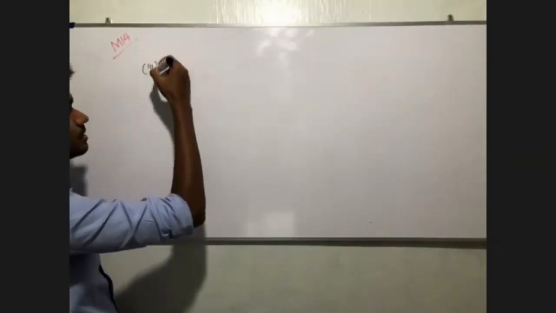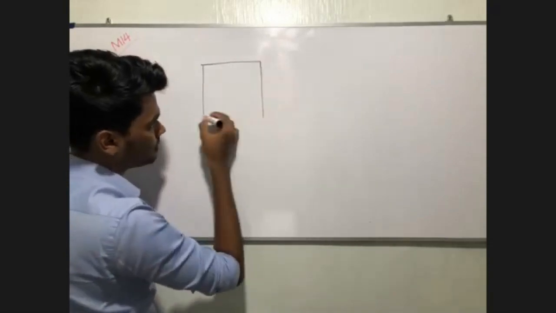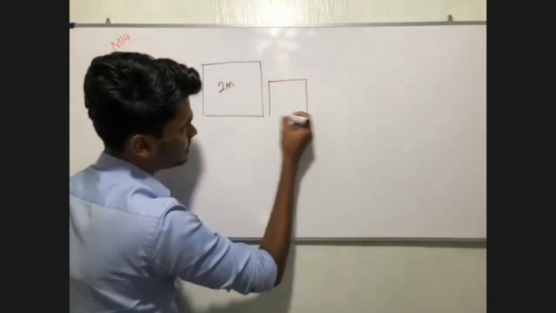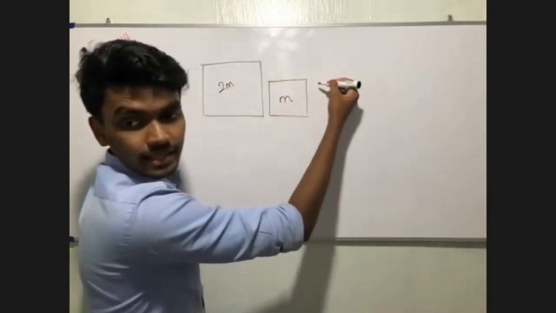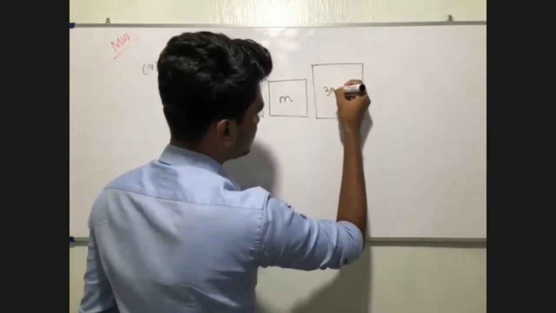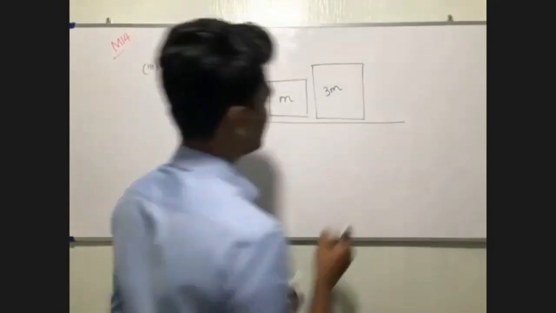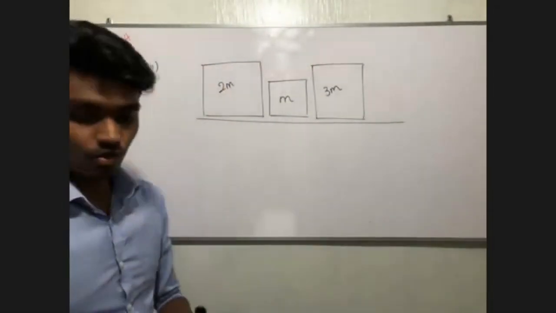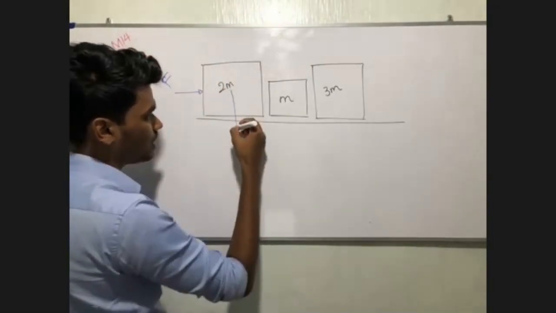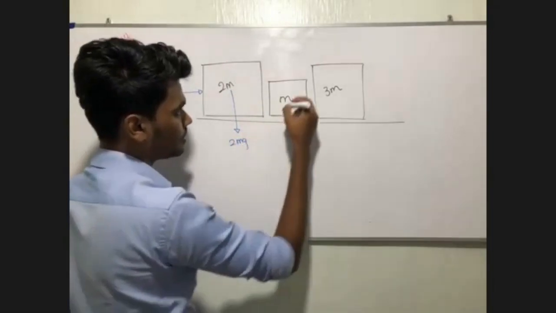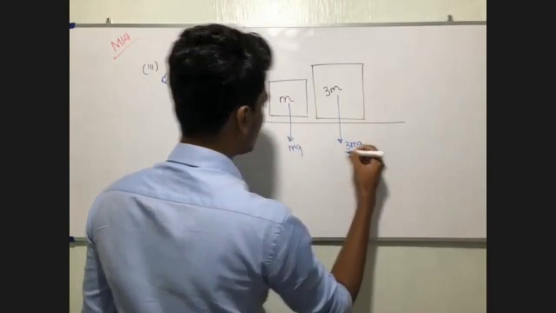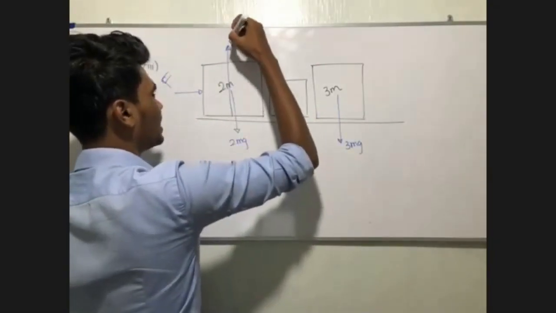The third one: this is 2m, and this is m, and then this is 3m. So you're applying a force capital F. The weights are 2mg, mg, 3mg. The reactions R1,